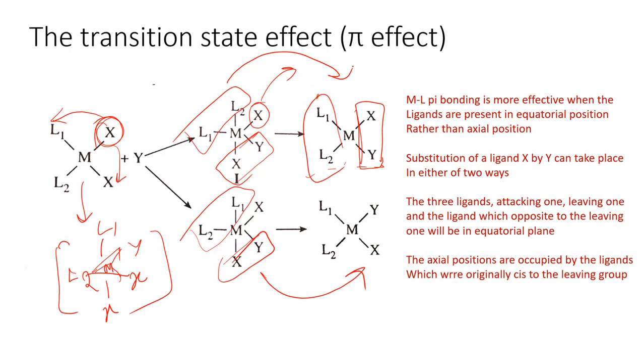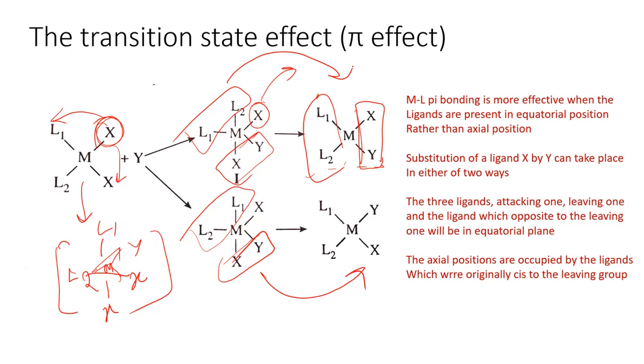But prior to that, for this mechanism you have to remember the most important thing: for the metal to ligand pi bonding, the attacking ligand should be in the equatorial plane definitely. Whenever the ligand is attacking a square planar complex, the attacking ligand, the ligand which is leaving, and the ligand which is trans to the leaving group, these three ligands